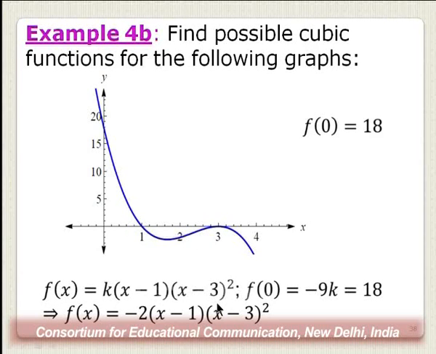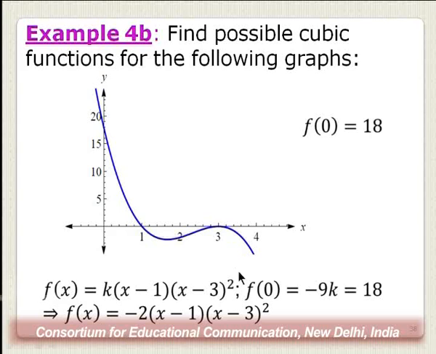So if I were to write this function as k times x minus 1 times x minus 3, it might lead to a problem, because if I were to take some value x less than 3, let's say 2, that would give me 2 minus 3 in this factor here, if I didn't have the exponent 2. So that would give me a negative number. But if I were to take some value greater than 3, let's say x is equal to 4, then I would get 4 minus 3, and that would make the value of the function positive. So clearly I don't want a change in sign, and in that sense I put an even exponent for the